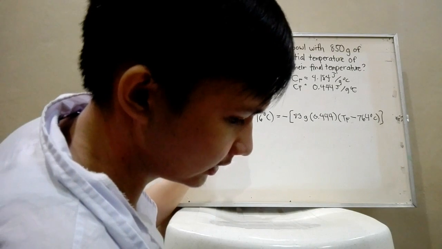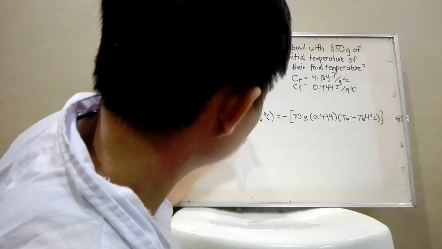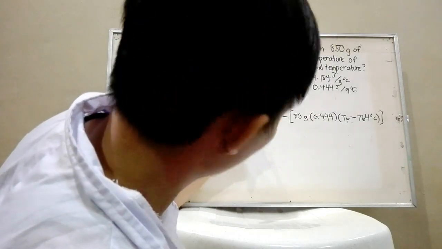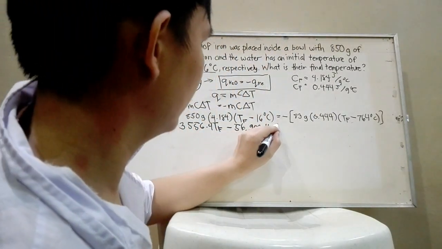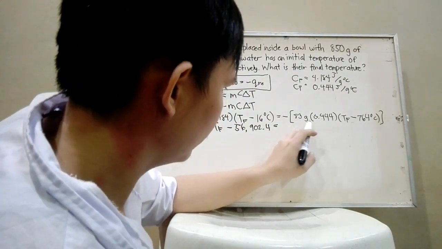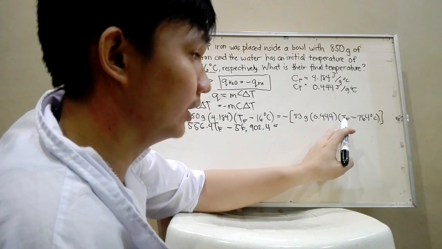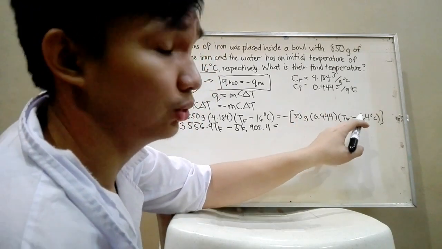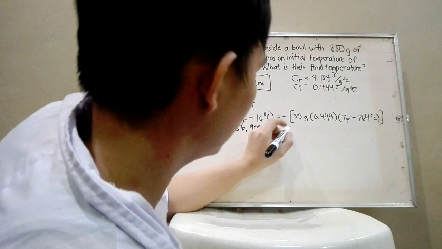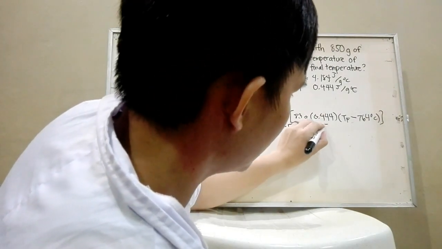And the result is 56,902.4, which is equal to, we will be multiplying these two again, and then we will distribute it to TF and to 764 here. So it will be 36.85 TF